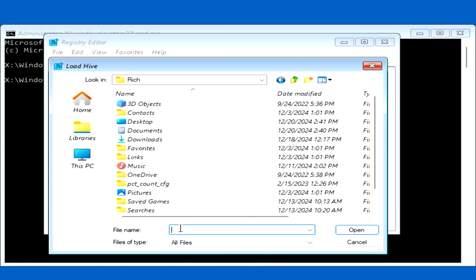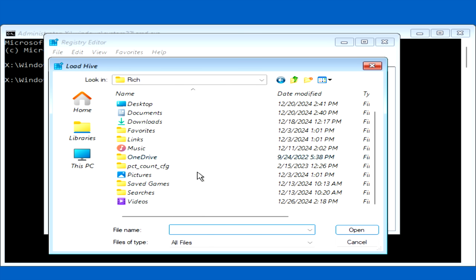So in order to open it, we just need to navigate to the user directory and type in the name of the file, which is ntuser.dat, and hit open. Let's get back on the computer and I'll show you what I'm talking about. Okay, so just like I said, go into the user folder itself, and as you can see, you're not going to see the registry hive in here because it's a hidden file. So what you're going to want to do is type in